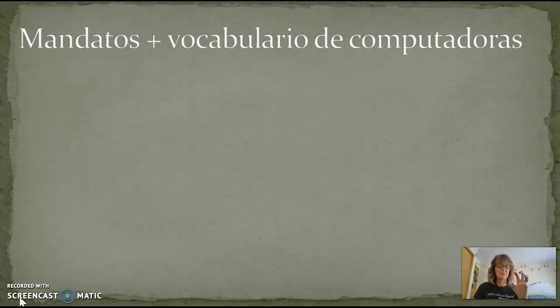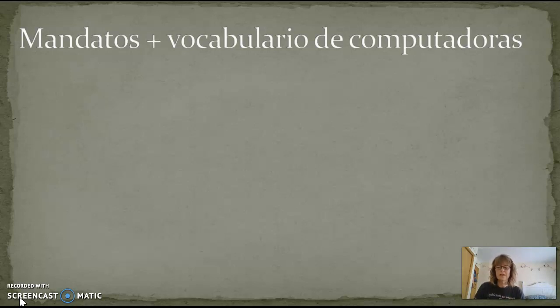Grabar, it sounds like grab. It's not grab. It's the verb to record. And don't think about recordar. Recordar is to remember, so they're kind of false cognates and they don't mean what they look like. Watch the difference between impresora, the printer, and then imprimir, the verb form. So it's got an M in there as a verb, so imprimir.